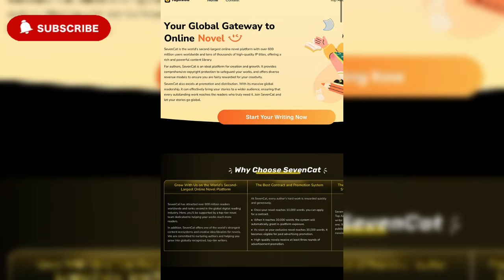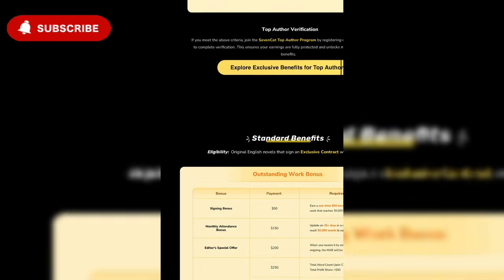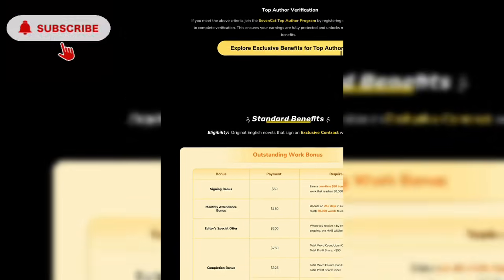It's going to take you to this particular page. So to apply for contracts on 7Cards, you need 10,000 word count. On iStory, it is 12,000 words, and on 7Cards, it is 10,000 word count. So make sure you go through their earning structure, how much you're going to be making. I don't want this video to be too long because we've not covered the other two platforms.